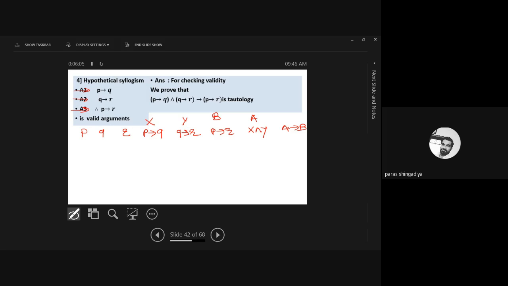A means X and Y. What is in X? That is P conditionally Q. And what is Y? Q conditionally R. That is, we consider X and Y notation. Okay. You can also keep it as it is, but that is one method you can use. Okay. You just define the notations for any of the columns and then I can use them in the next column. Okay.